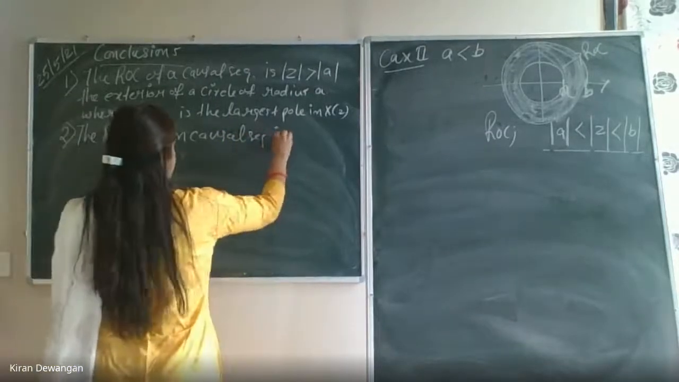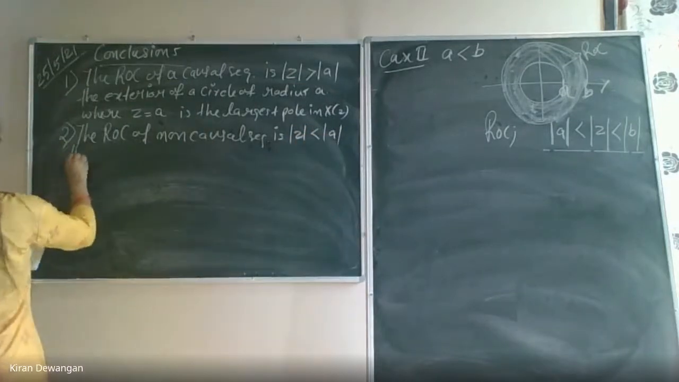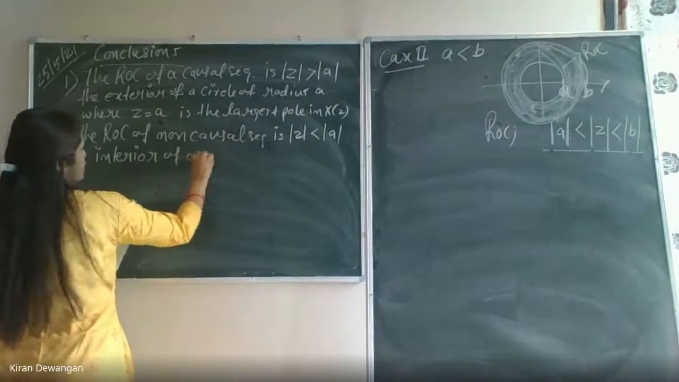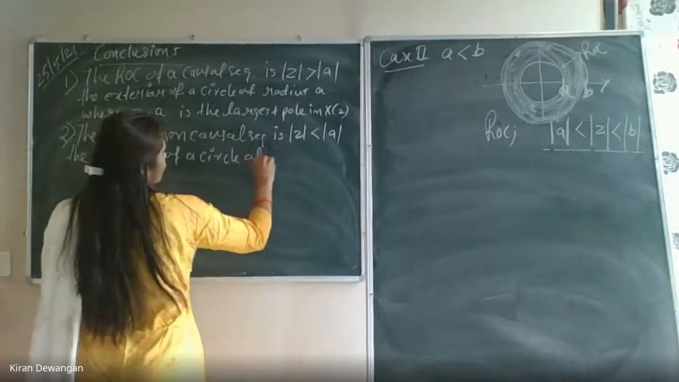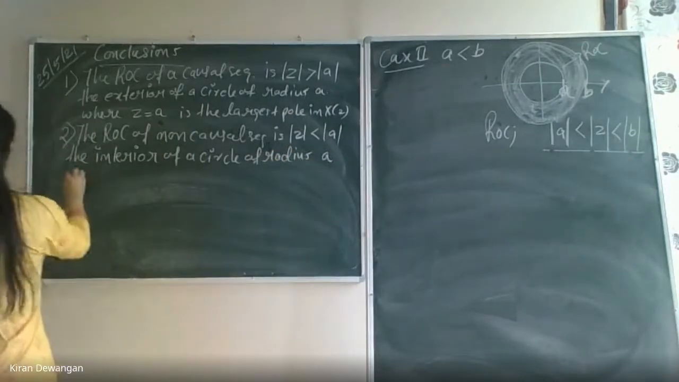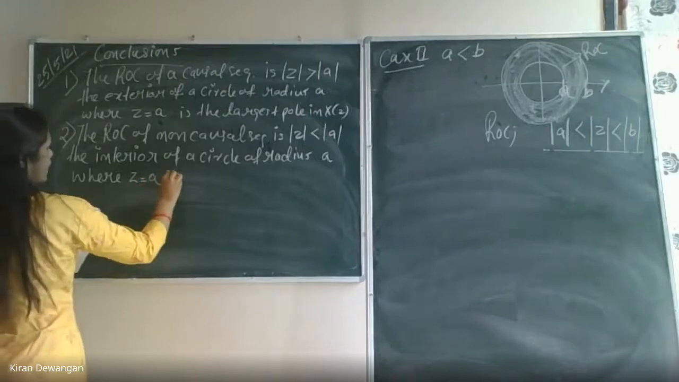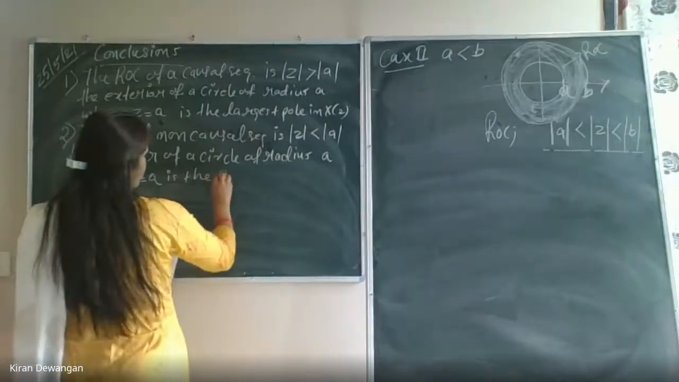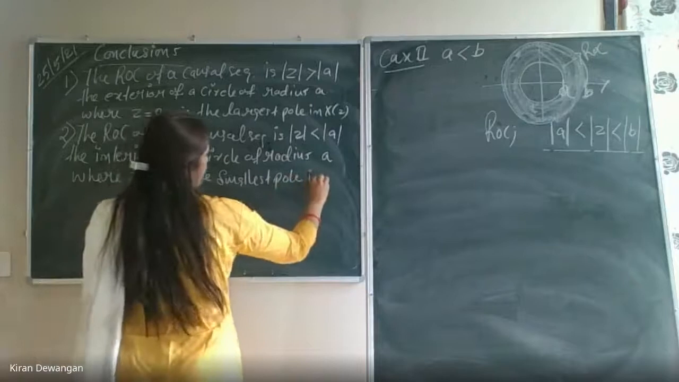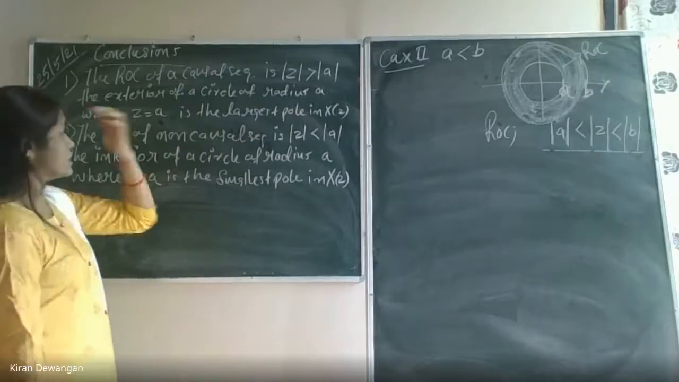Non-causal sequence: the ROC is mod of z less than mod of a, that is, the interior of a circle of radius a, where z equals a is the smallest pole in X of z. So what it is saying is that if the ROC is for a non-causal sequence, that is,